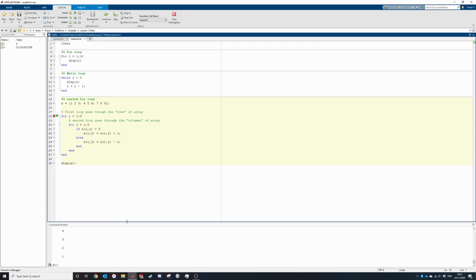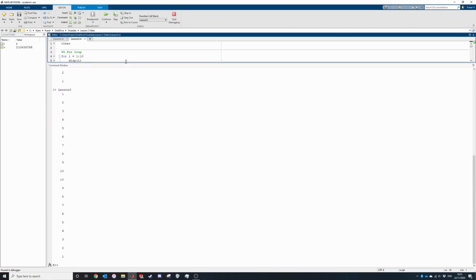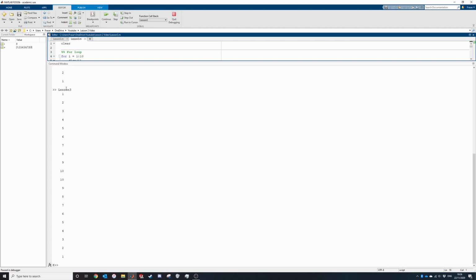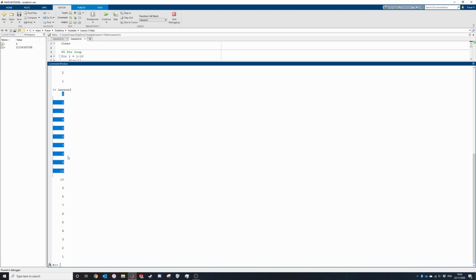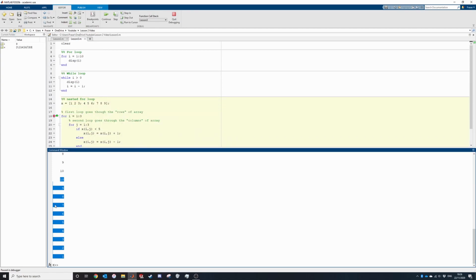and I want to do that so we can first just check that these two loops did the right thing. So here you can see it's looping the for loop, loops 1 to 10 and outputs it. And as we can see here, the while loop loops all the way back down, subtracting that value of 1 until we get to 1, and then the next iteration it will make I equal to 0,